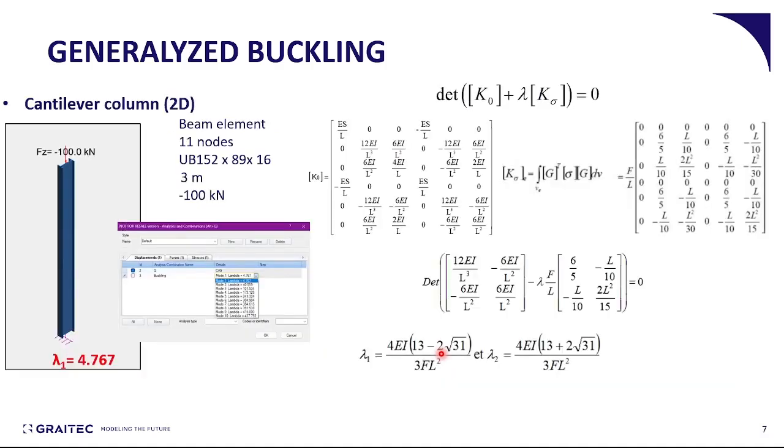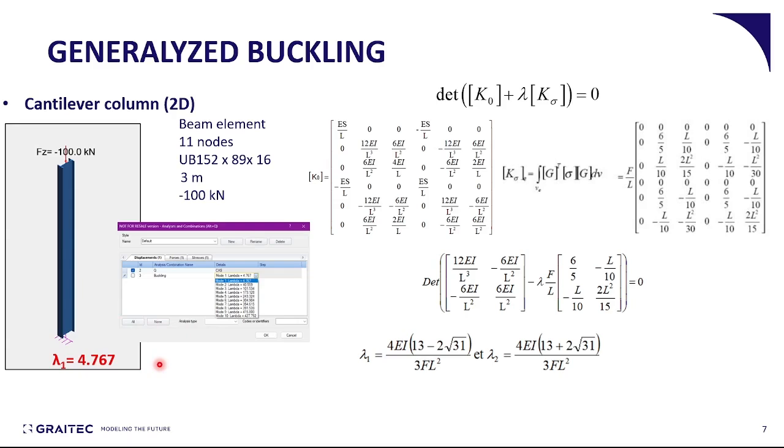A typical case where generalized buckling is studied again is this cantilever column. The section of the column is a UB 152 by 89, and it is 3 meters high. The external load applied is minus 100 and is compressive, and is modeled as a beam element with 11 nodes. So in this case, running the generalized buckling analysis in Advanced Design, we get the lambda value, which is in this case